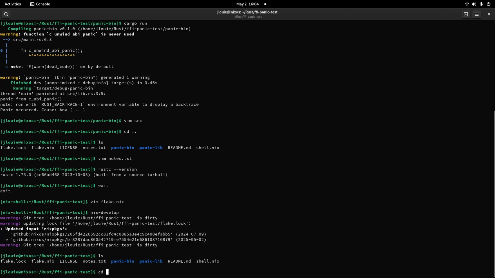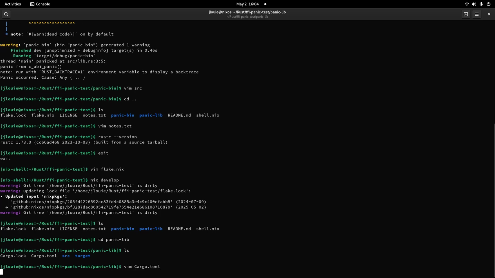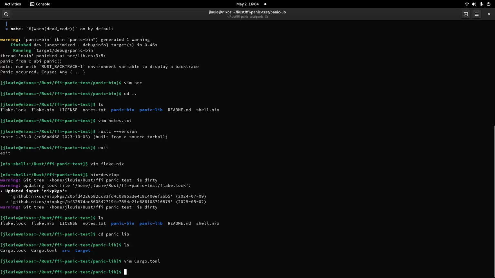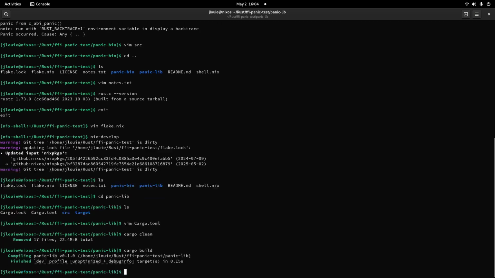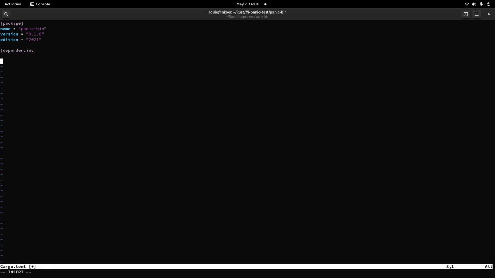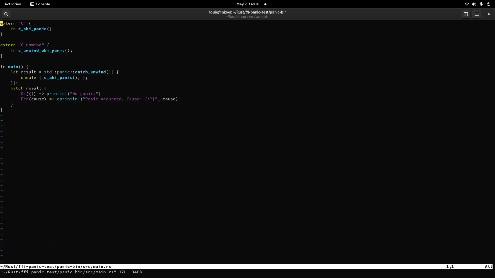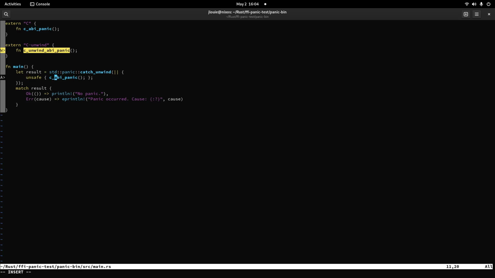All right, so if we come to panic lib, let's make our panic lib actually unwind. It's already unwinding, that's good. So I'll do a cargo clean, cargo build. We'll come back to panic bin. We're gonna set this to abort. And look at the code here real quick just to make sure what we're doing. Right, so we need to call C unwind ABI. So if we call C unwind ABI panic like this,